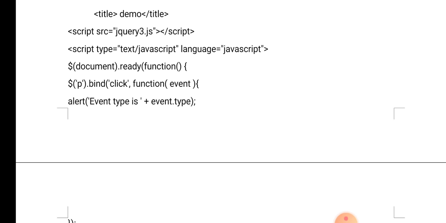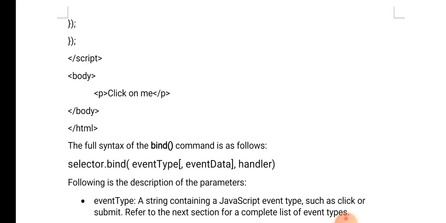When you click on the paragraph, it will alert "event type is" plus event.type. Here we are using the event object to access various properties of the event. event.type means the type of the event, which is the click event. So "event type is click" will be displayed as an alert while clicking on the paragraph element.